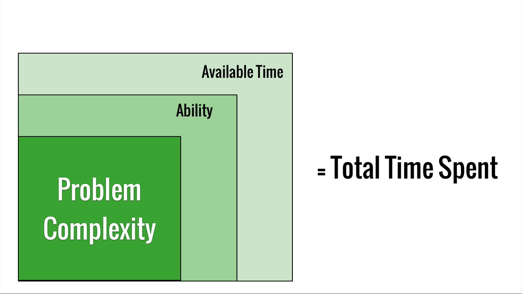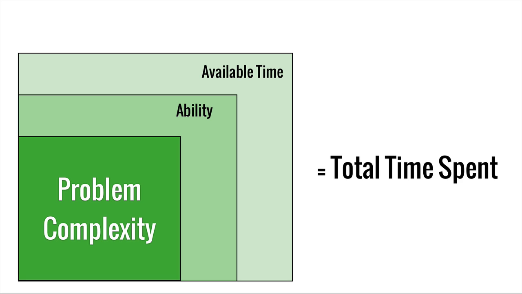Now, one thing that's interesting about this is that the ability and the available time to some extent are unknowable. We don't know exactly who on the team is going to do this. We don't know exactly how many meetings they might have on Thursday or something like that. But over time, for a team, they are going to tend to be roughly consistent. In other words, the average ability of a person on the team is going to stay more or less the same. And the average amount of time we spend on meetings is going to stay more or less the same.